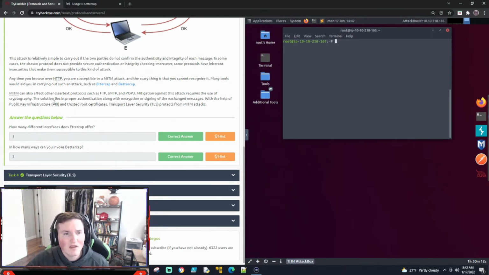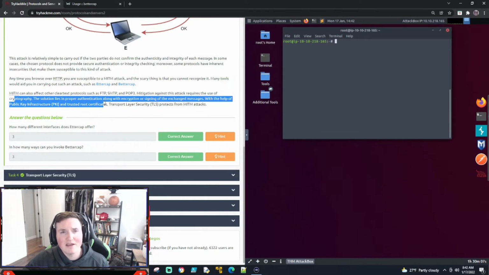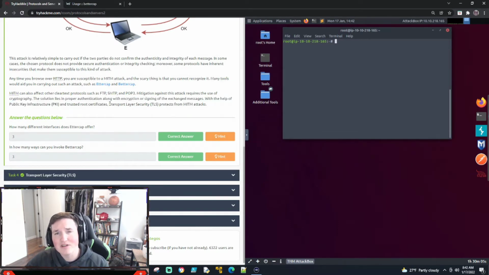Now, like it says here, with the public key infrastructure and trusted root certs, meaning websites now have certs that are trusted, you don't have to worry if they're real or fake. You can easily tell if a website's real or fake, typically. All right. And it says transport layer security protects from man-in-the-middle attacks.